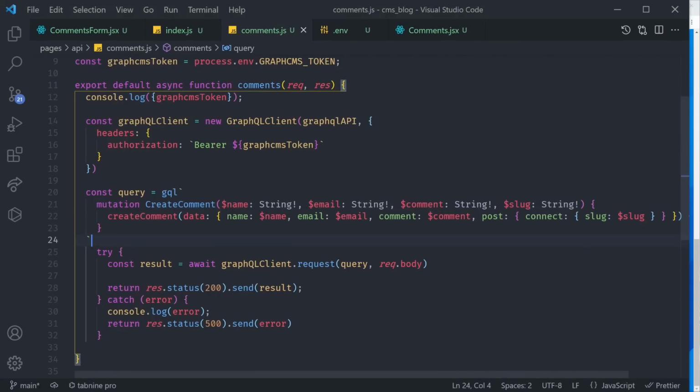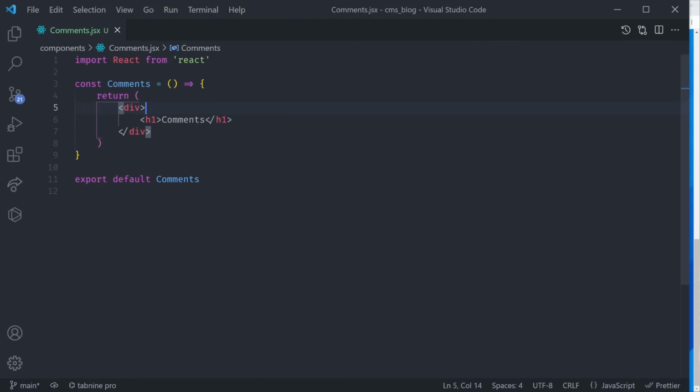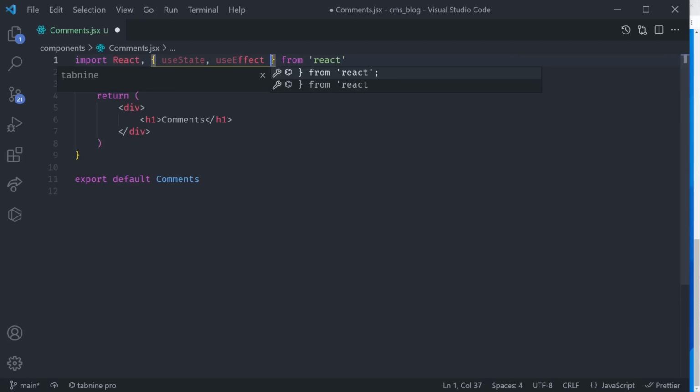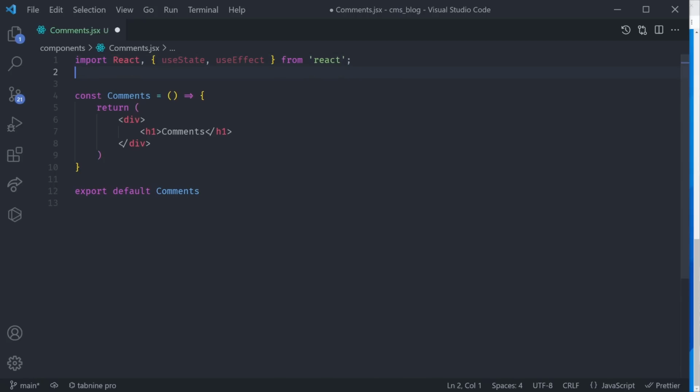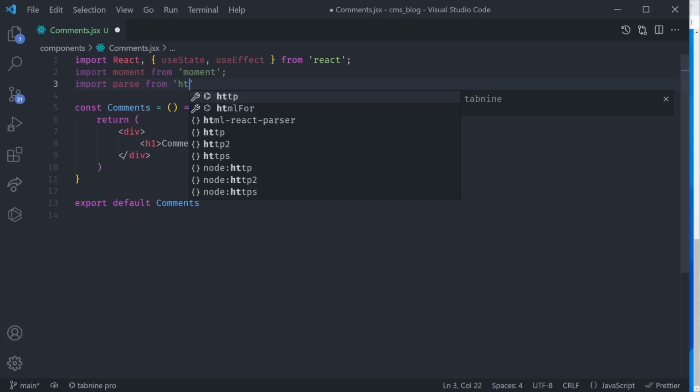To actually show our comments, we can close all of the files besides the comments.jsx file. Inside of here, we can start by first importing a few things. That's going to be useState as well as useEffect from React. Then we're also going to import moment, that's going to be moment from moment. And finally, we're going to import parse from